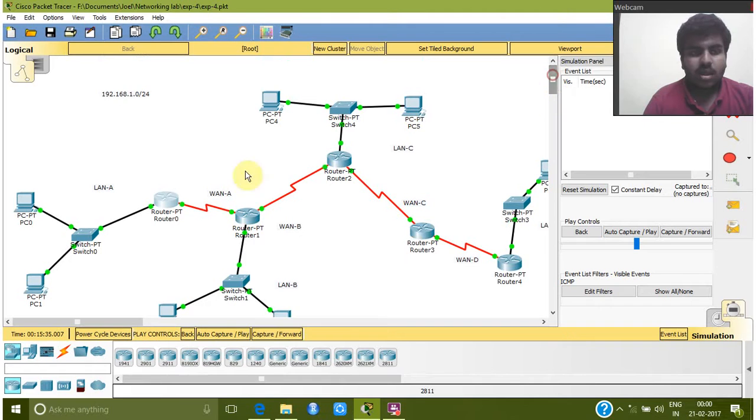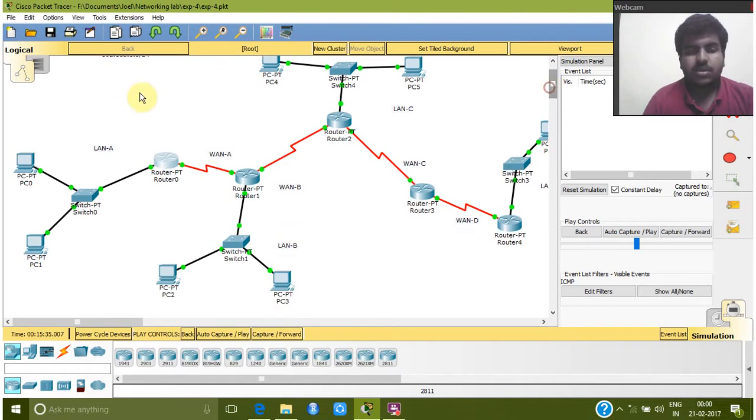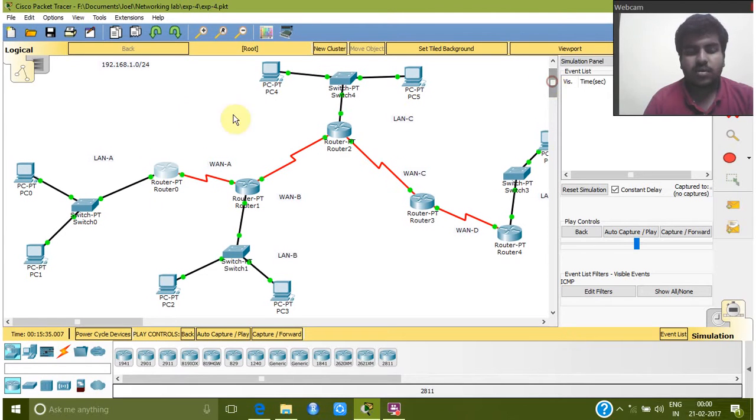So the network IP which is given to us is 192.168.1.0 with subnet of 24. This IP is going to be used to form the IP for each of these networks. So we are going to be using the concept of subnetting. Since there are 8 networks, we need at least 8 subnets. In that case, for each subnet we'll have 32 IP addresses, one for network and one for broadcast, and in total 30 usable